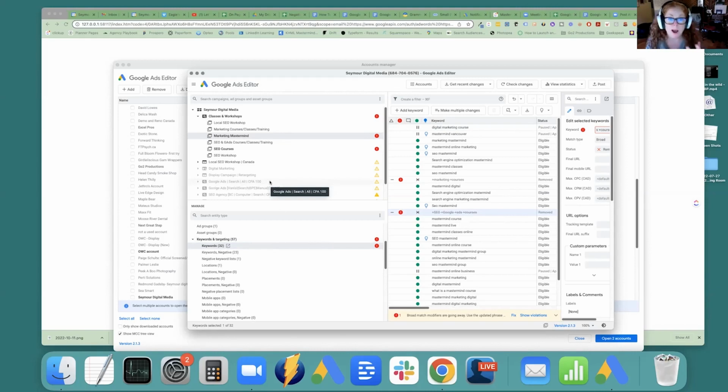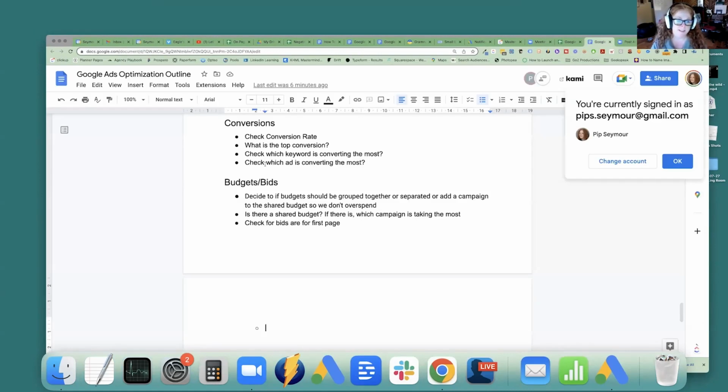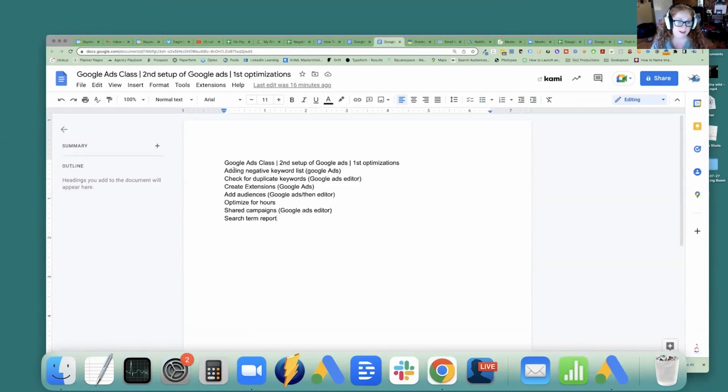Now, the thing about the Google AdWords editor and Google Ads is you're going to be working between the two because there are some things you can do in the editor super easily, some things that are more challenging. I'm actually going to get Helena to open up her Google Ads and her Google AdWords editor so we can look at some things there. But the first things we're going to do as Helena does that is look at our handy dandy list. And first thing we're going to do is add a negative keyword list, which yes, I also have